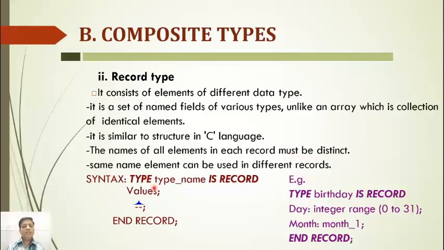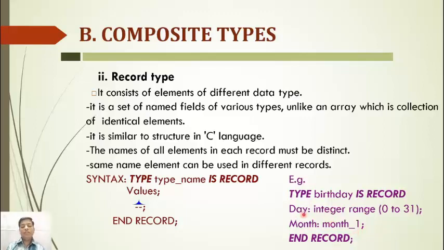Syntax for that: type type_name is record, values, then some statements, whatever the values, and end record. Here we have considered one example for that. Type birthday is record. Day: integer range 0 to 31; Month: month_1; end record;